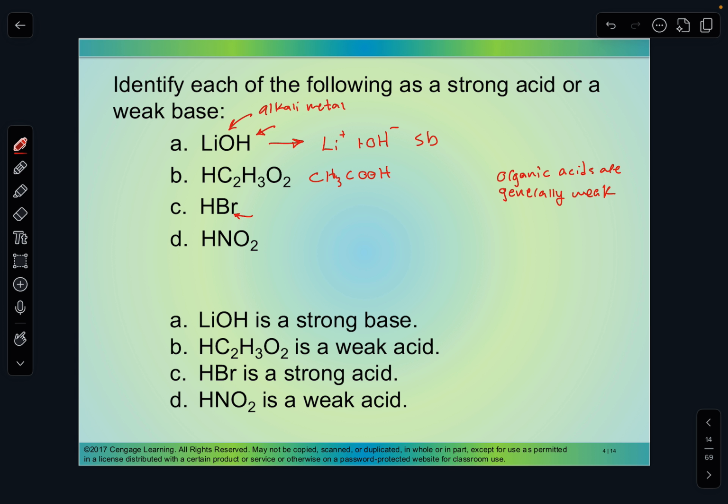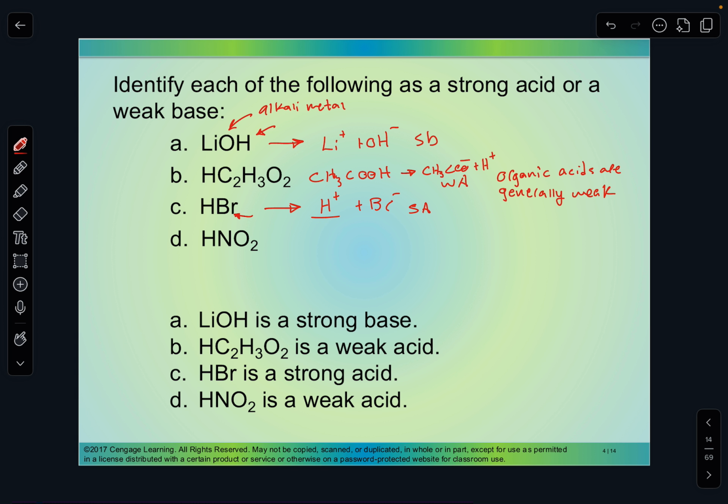HBr. These are classic strong acids. Bromine, everything dissociates with, as long as it isn't lead, mercury, or silver. And so we get out H plus Br minus, and this is going to be a strong acid, SA. Since it donates an H plus, it's an acid. This one would also donate an H plus to get CH3COO minus plus H plus, so this would be a